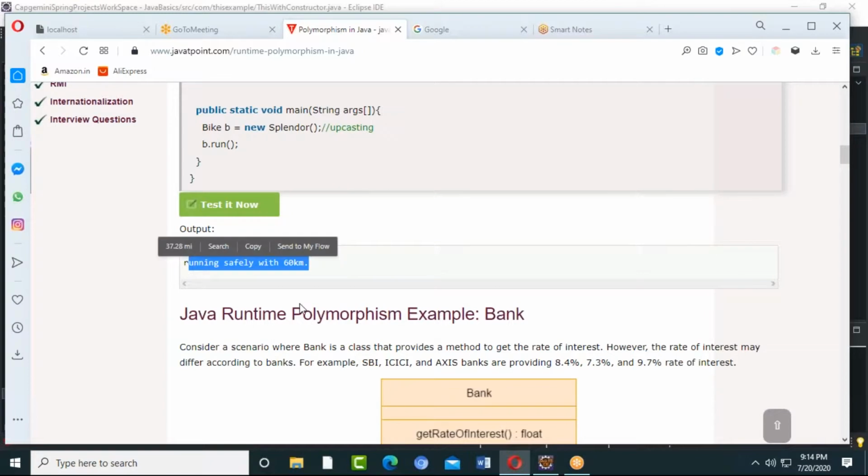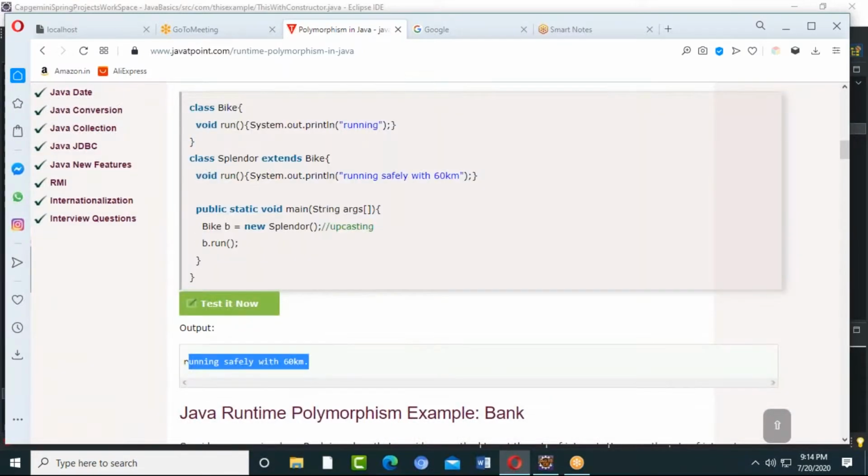Obviously it is the subclass method. So that deciding is happening at program running time. Who is going to decide? The JVM decides. So that's the reason we call it runtime polymorphism or dynamic polymorphism.